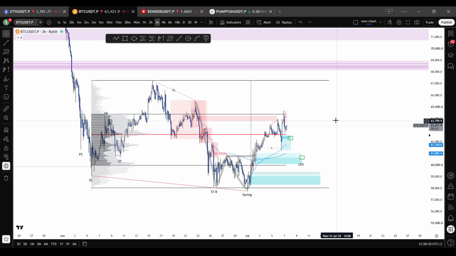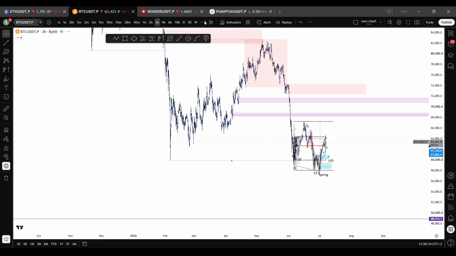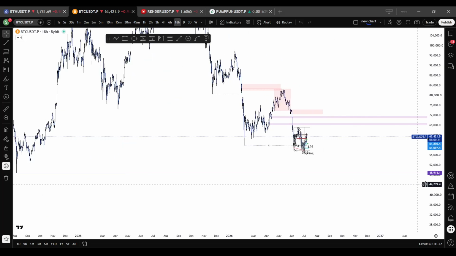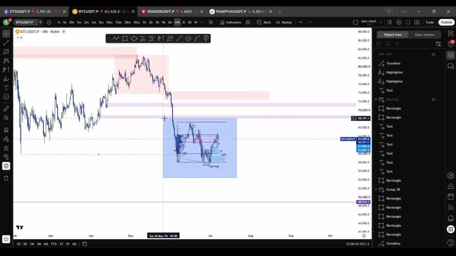So having said that, I now want to talk about what I'm expecting on the higher time frame. And if I clean this up,